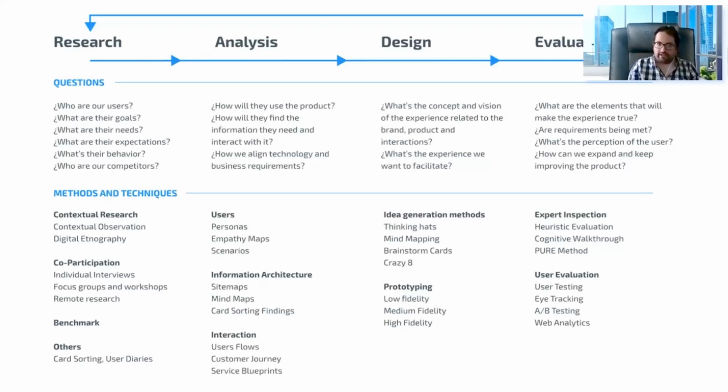When you're analyzing the product, then you ask, how will the users use my product? How will they find the information they need? How can we align the technology and the constraints I have within budget and technology and so forth, and shape the product? We can create user personas and scenarios where we define, okay, let's say we're creating